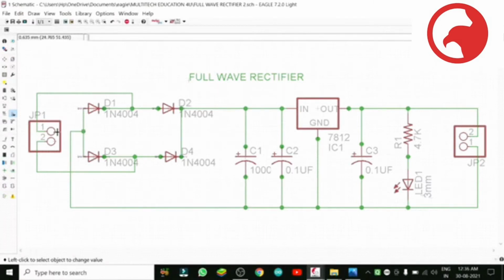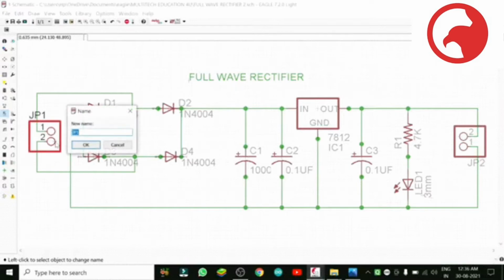Now we will change here. See, here is the plus point, we will see. And these values, now we have changed. We will see this regulator's value also. Now the name we can put, the name we can change. See, JP1, we will go to the plus point. First we select the name symbol at the left side. Now here it is written JP1, you can change it as per you.